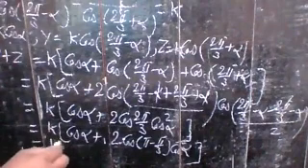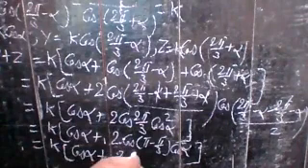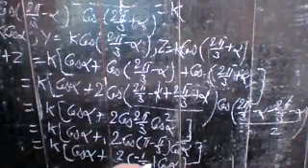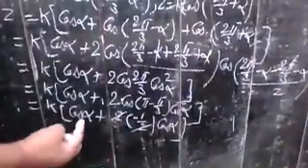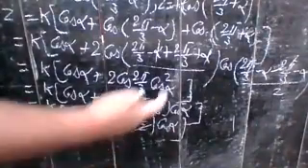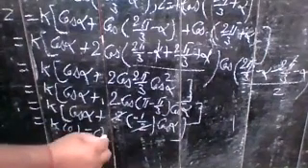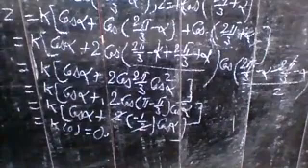So write it: k into cos alpha plus 2 into minus 1 by 2 cos alpha. So 2 and 2 cancel out. And if you see the result, here you have cos alpha minus cos alpha, that is 0. So k into 0 means what? 0. So the value of x plus y plus z is equal to 0. So here the result is 0.